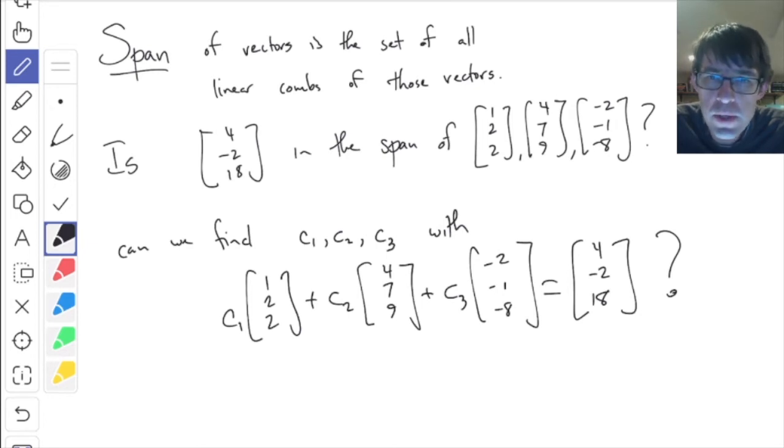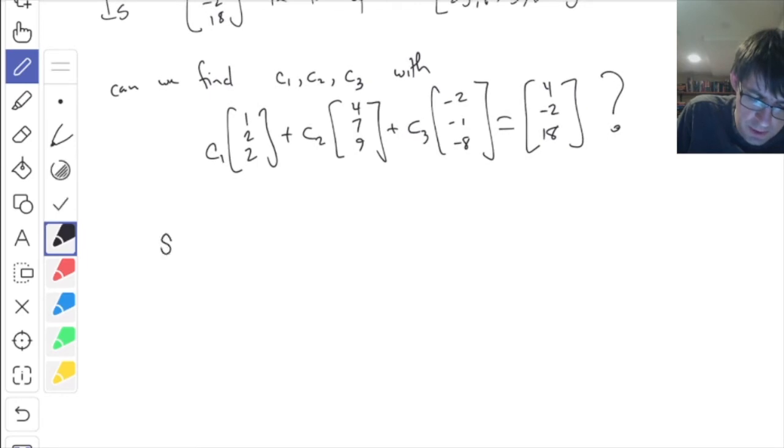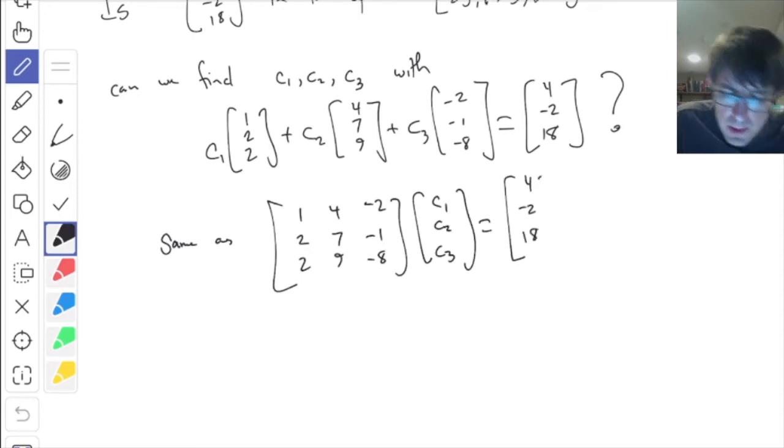So how does this question relate to Gaussian elimination? Well, this can be rewritten as a matrix and a vector equation. So this is the same as this, if you write those three vectors on the left as columns times these guys as variables, and it equals 4, minus 2, and 18. All right? Those are the same,